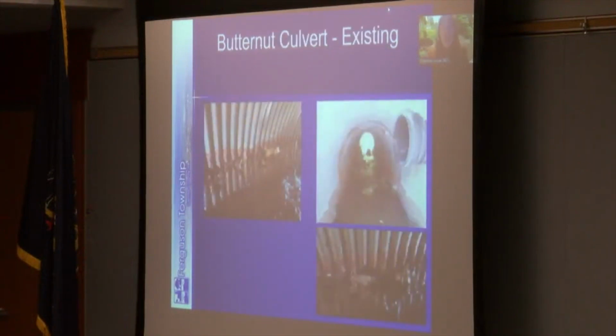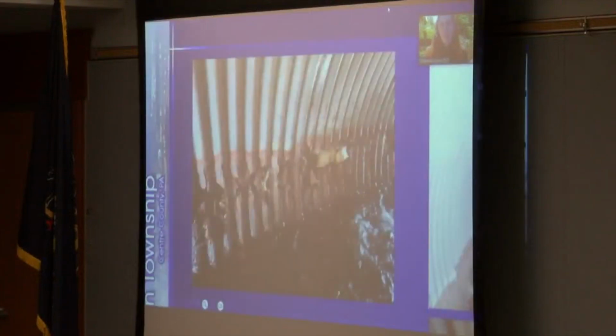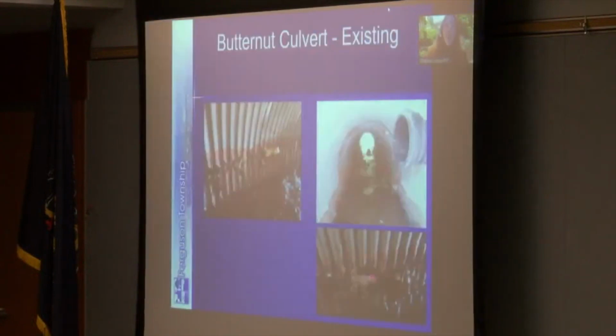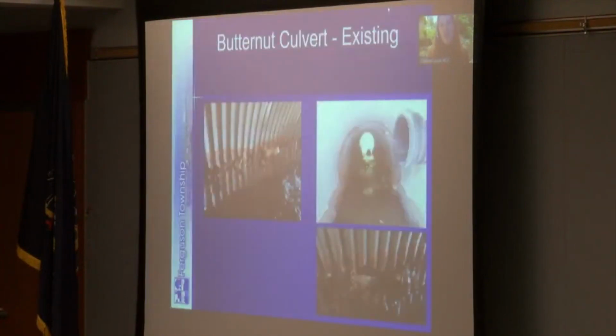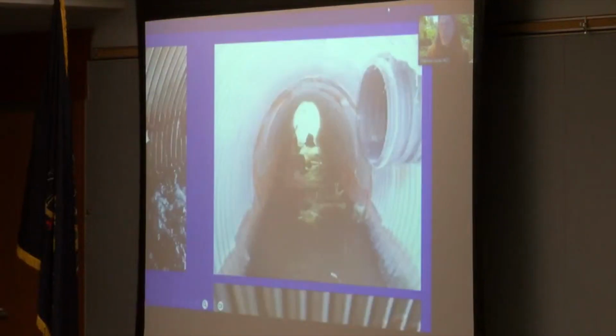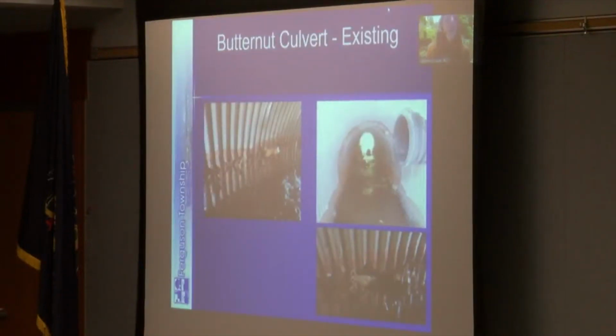Okay, while not part of the PRP, KCI did evaluate the storm drain structures, including the Butternut Street culvert, which is at the end of the reach I was just talking about. And we found that the condition is severely corroded. The township staff believes this should be designed and permitted to allow for replacement within the next 5 years. And downstream of this culvert, the channel does have a significant vertical drop in the stream bed, so that our proposed condition involves replacing,